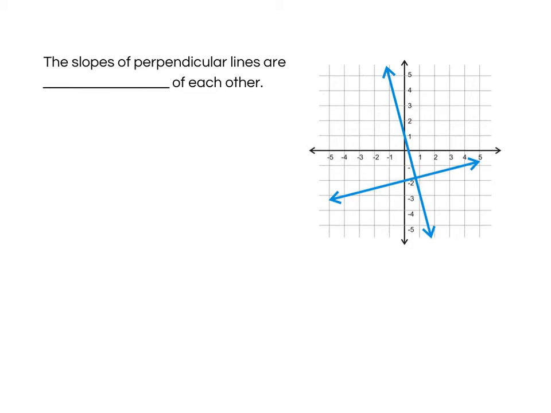So I want to remind you what we mean when we say perpendicular. So perpendicular means that the two lines are at a 90-degree or right angle to each other, right? So we could draw in that little square representing that they are at right angles to each other. So when we talk about their slopes, obviously their slopes are not the same, but they also have a much more specific relationship. We would say that the slopes of perpendicular lines are negative reciprocals